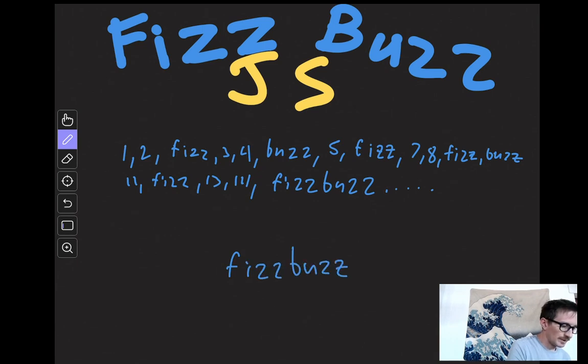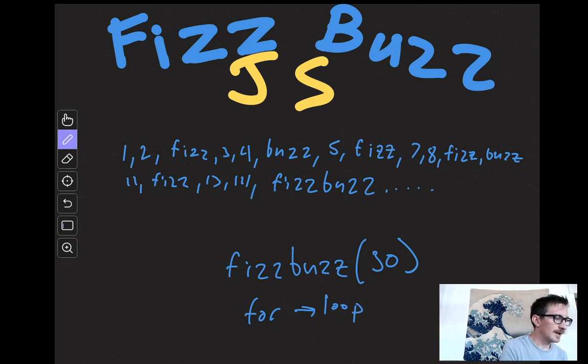And we're going to give it a number. Let's say 30. This can be any integer, but what we're going to want to do is count up to this number. And we're going to use a for loop to do that. So this will be some good for loop practice. So we're going to use a for loop to count up to 30. But if our number is divisible by 3, instead of putting out the number, we're going to